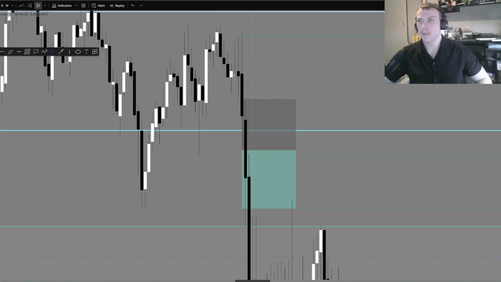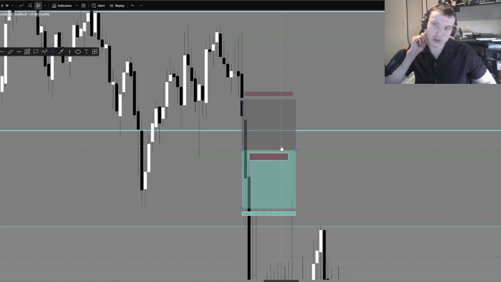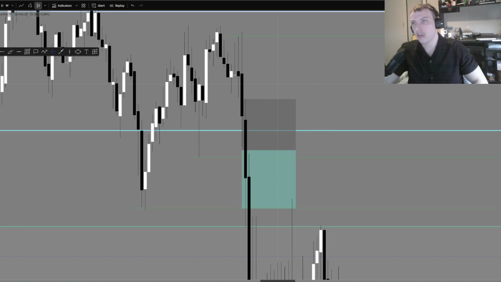So this one right here, 10 pip stop loss, you guys can see at the top. And if you place your position, you can see the risk to reward ratio. It's just a 1.14. So more of a smaller trade, but I've been taking smaller trades recently just because they've been doing me well, to be honest. So yeah,